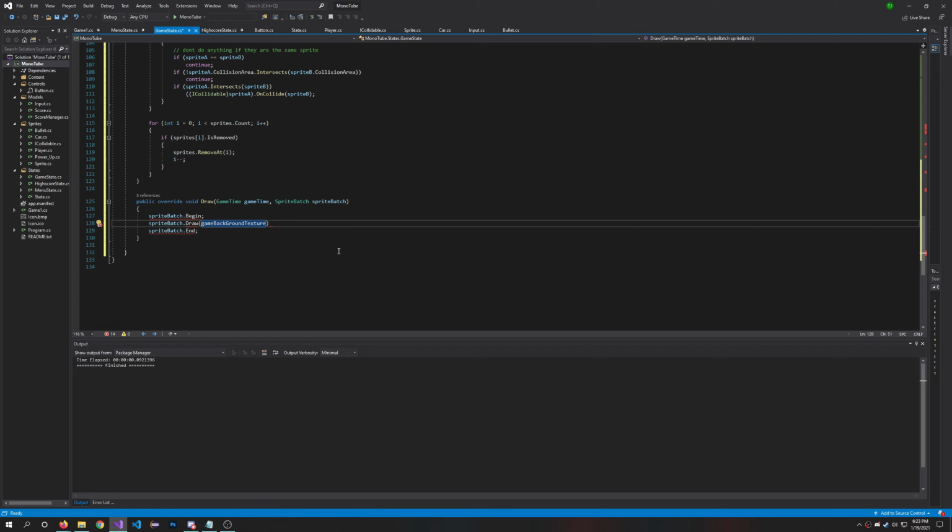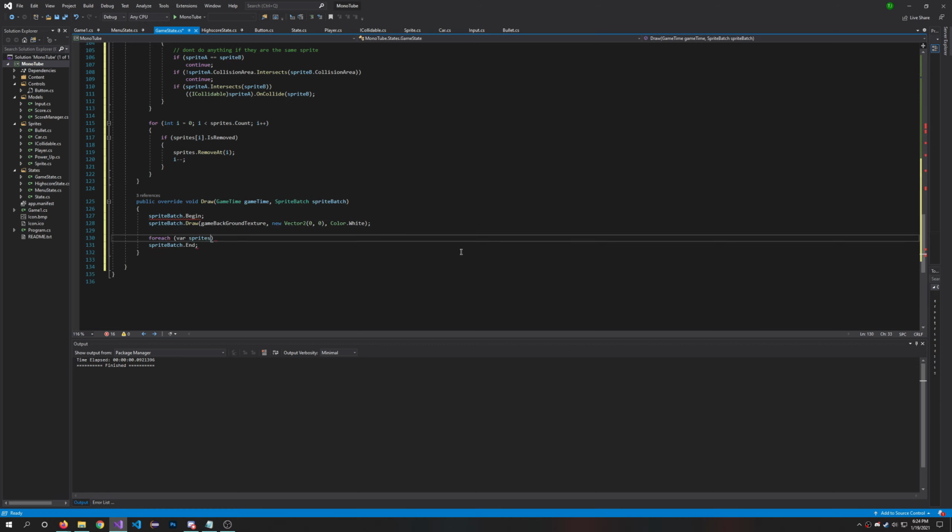So game background texture, and then we'll say comma new vector2, and we'll place it somewhere. We'll just say 0, 0, so it starts at the top. And then we'll have the color be white. There we go. Alright, and then next we want to do for each